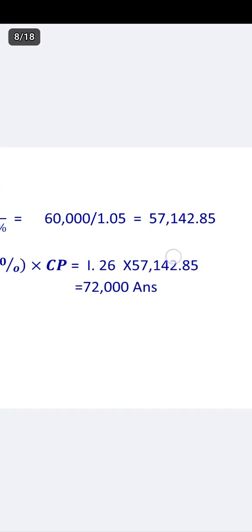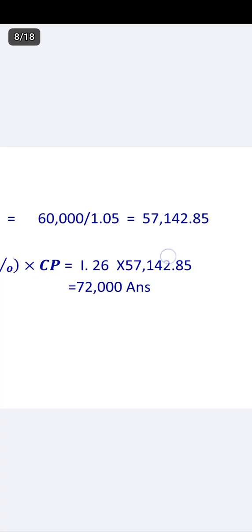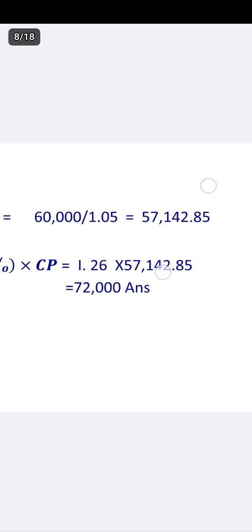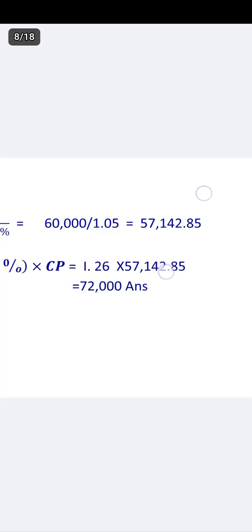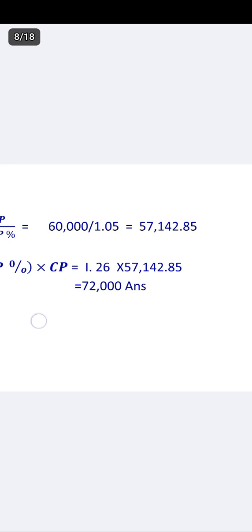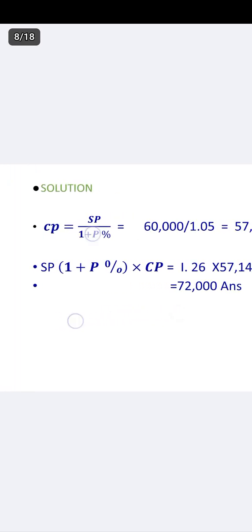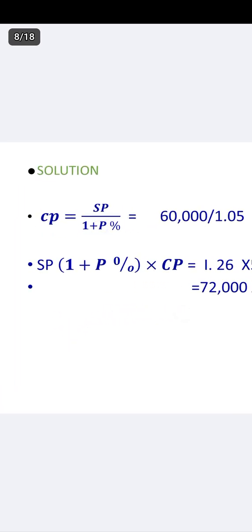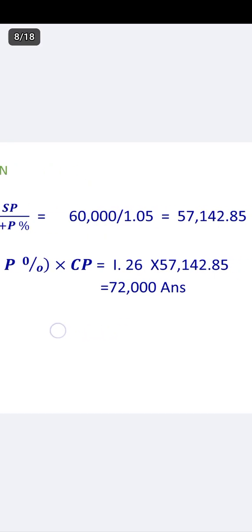That will give us 57,142 naira 85 kobo, which is the cost price. Now, to find the selling price to make a profit of 26,000, you use the selling price formula. We say selling price is equal to 1 plus profit percent times the cost price, which is the same thing as